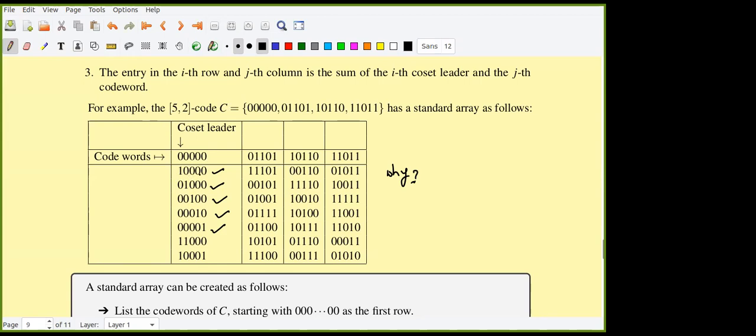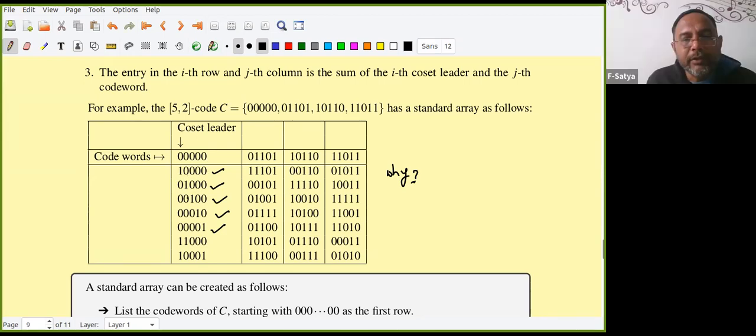But I am going sequentially. So first 1 0 0 0 1 0 0, so like that, systematically going. Otherwise, no problem. You can take any one of the minimum weight. Then I am adding this to each of them. How do you get the fourth row? Again, out of all the vectors, I look at which vector is not there yet. I take the least weight among the entire remaining table as a coset leader. Then I add that vector to all the code words and get another row. Keep on doing like this, and we'll get all of them.